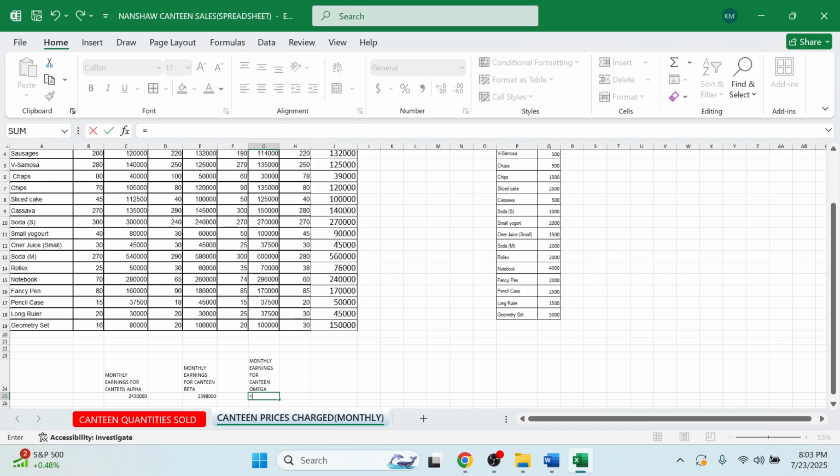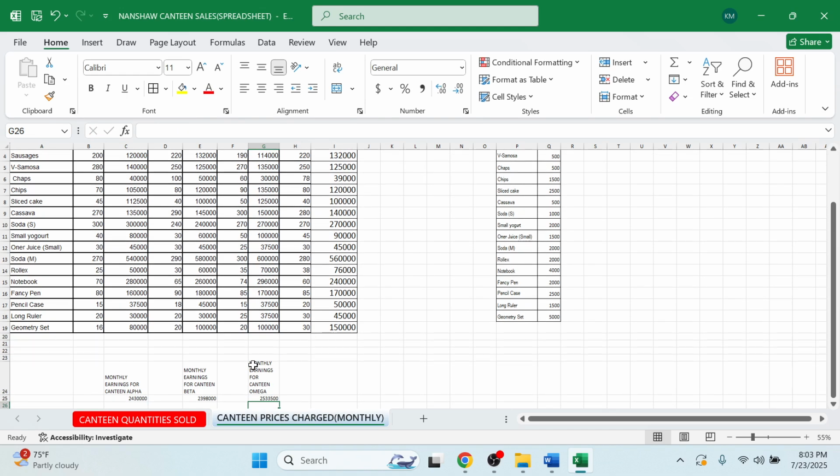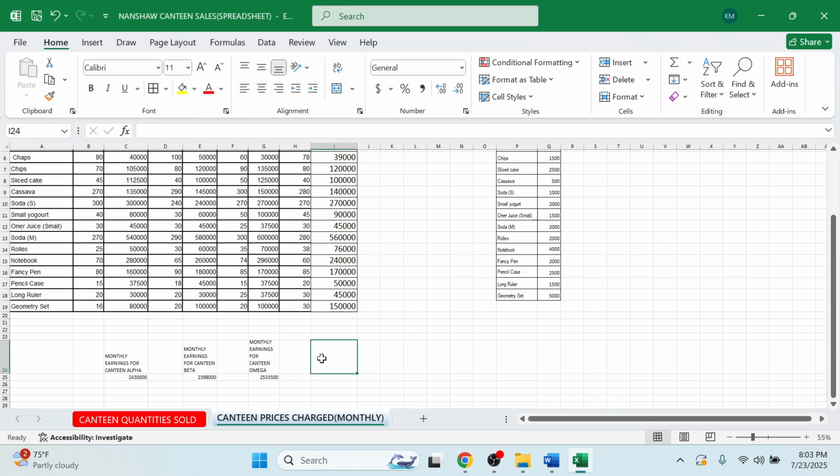Equals sum so that I get what Canteen Omega sold at the end of the month. Highlights, bracket, hit enter. 2,533,500. And then the last one is